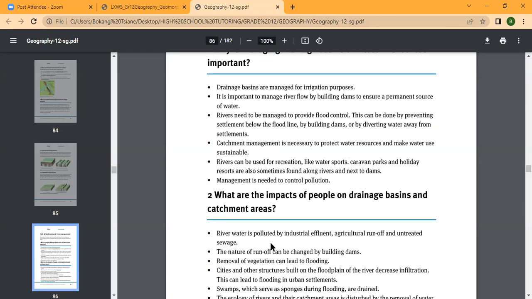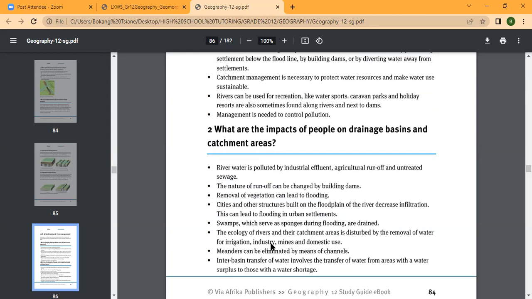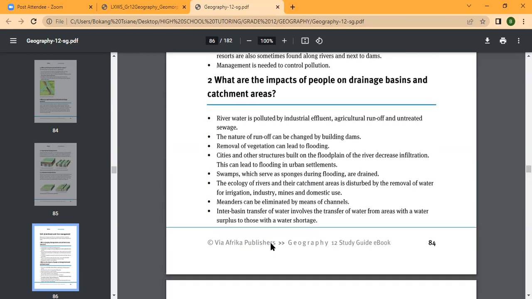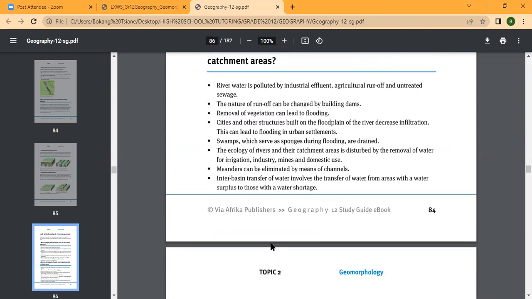And then rivers can be used for recreation, like we know we can play golf near the rivers. And then management is necessary to decrease the amount of pollution that people induce to rivers. And then the impacts that we have, number one is pollution. We pollute the rivers, we change the nature of runoff by building dams, we remove vegetation, and this can lead